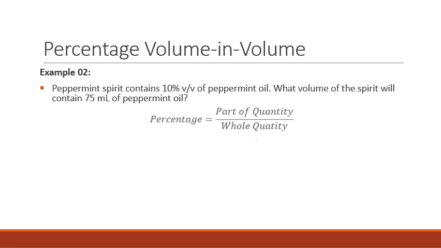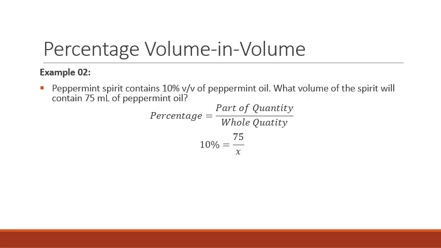So we have the formula that says percentage is equal to part of quantity divided by whole quantity. In the data we have the percentage, that is 10%. We have the part of the quantity of the peppermint oil that will be used to make the preparation. So what will be the whole quantity that will be made by using this 75 ml of peppermint oil? So if we put the values into the equation, 10% will be equal to 75, that is the amount of the peppermint oil, divided by x, that is the